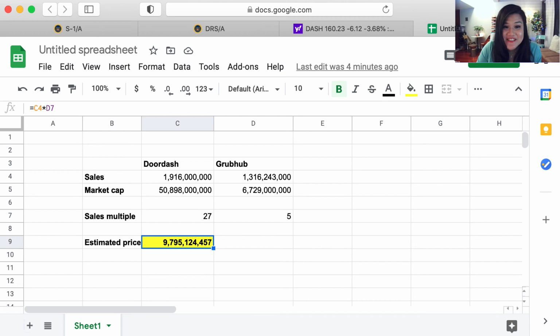Guys, this is really crazy. We know that DoorDash is starting to see cash flow from its operations, but the company and its biggest subsidiary, Caviar, has never shown a profit before. DoorDash has been running a deficit in addition to fighting mountains of legal battles. So as an investor, you need to ask yourself, what competitive advantage does DoorDash have that will justify you paying 5 times the price of its peer company, Grubhub? These are things that you need to be thinking about before you press that buy button.